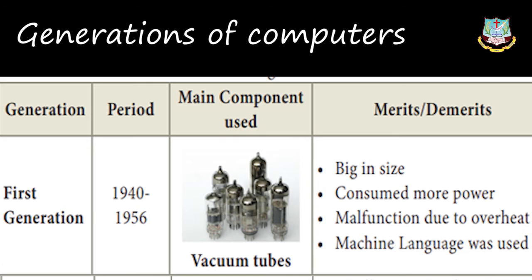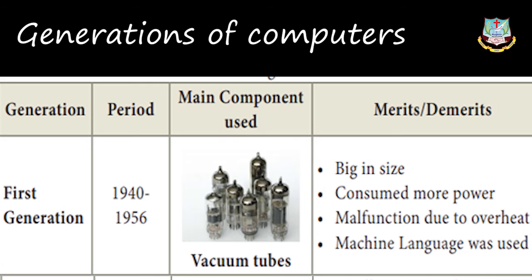First generation computers means ENIAC, EDVAC, UNIVAC 1. ENIAC weighed about 27 tons. That means it's about 8 feet by 100 feet, that is width, height and thickness, they are saying 8 feet by 100 feet by 3 feet, and it consumed around 150 watts of power. So it consumed a lot of power, and that was the major disadvantage there.